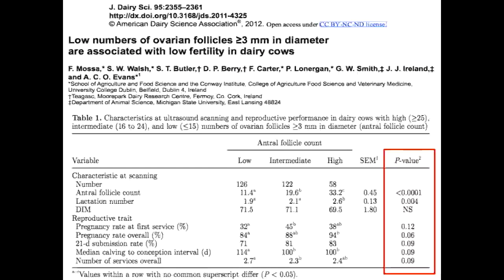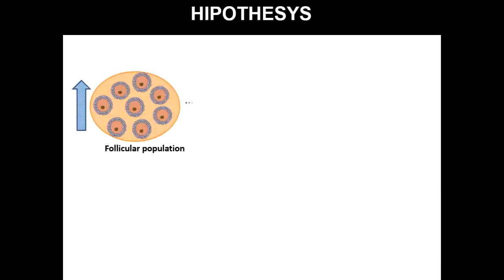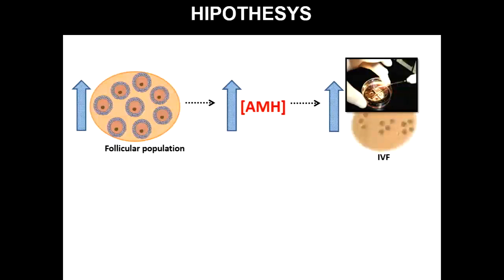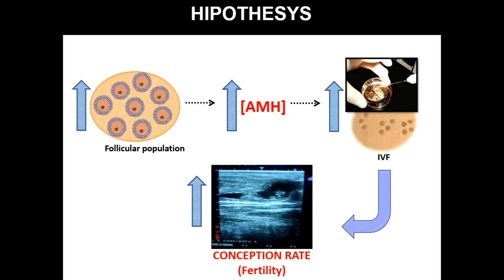So this is another experiment done by Alex, showing that the cows that have a high number of follicles have high fertility also in the AI program. So what we did, we tested this hypothesis in Brazil, that cows that have a high follicle population have a high AMH, high IVF production, and high conception rate and fertility. This is the hypothesis that we tested some years ago,